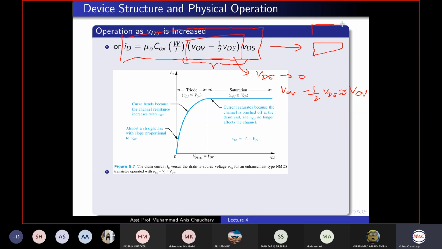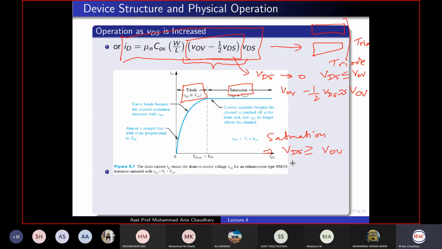So when the channel is uniform or tapered, we call that mode of operation the triode mode. उसको हम triode कहते हैं। MOSFET के केस में when you find out that the channel is either uniform or tapered, so that mode is called triode mode, and the mathematical condition for the triode mode is VDS must be less than or equal to VOV. When VDS exceeds VOV, you get another mode of operation which is called saturation. So saturation implies VDS is greater than or equal to VOV।